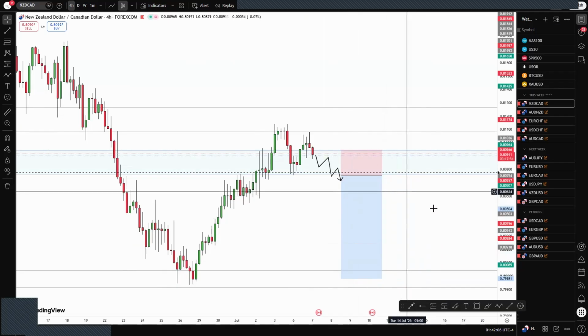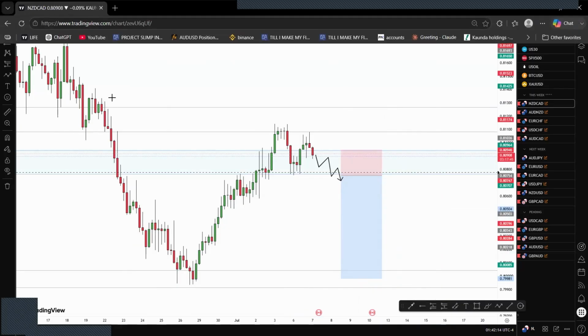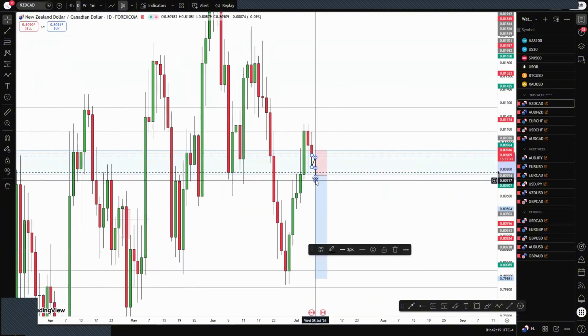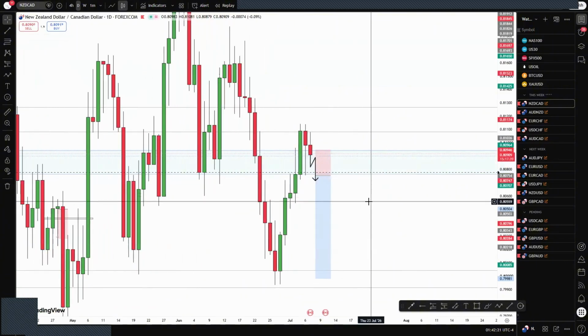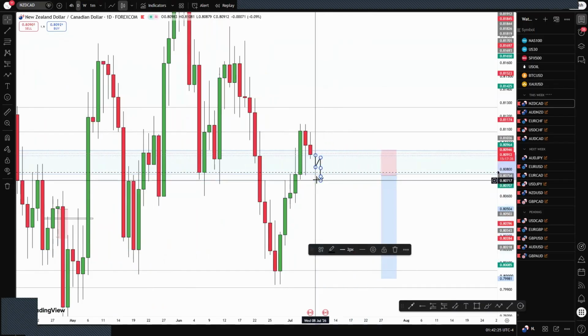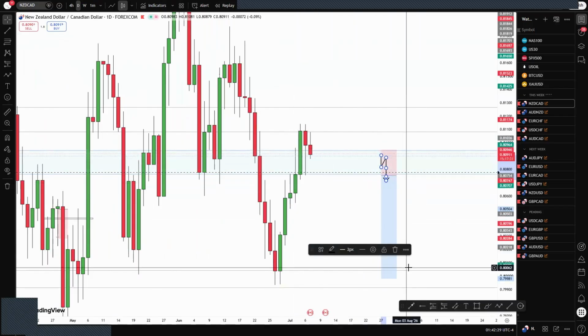So this is what I expect this pair to do. If it does that, then it will be solid. And why I know this will happen is, look at the daily time frame. Evening star is about to perform. Wow, price failed to engulf, but if this daily time frame